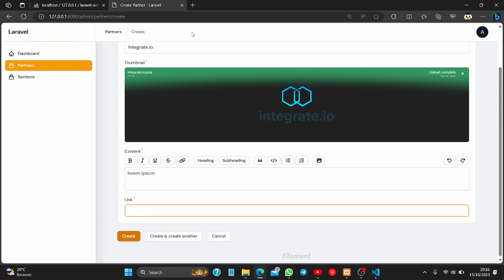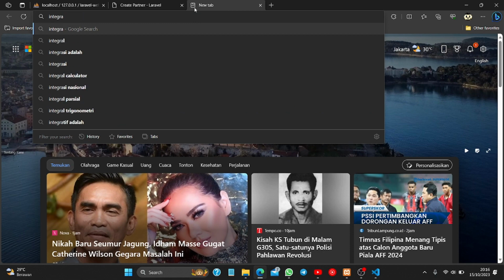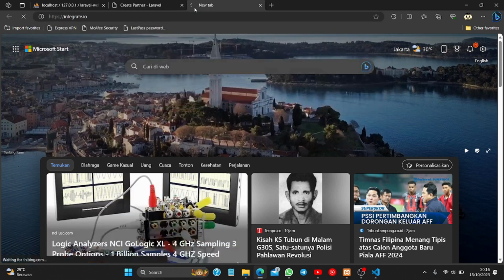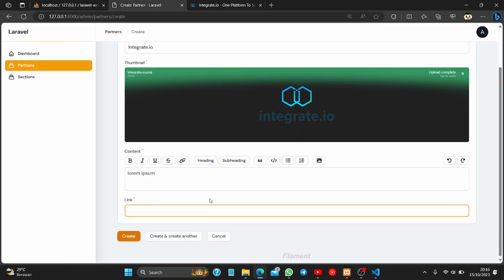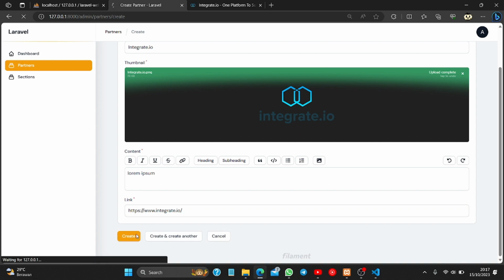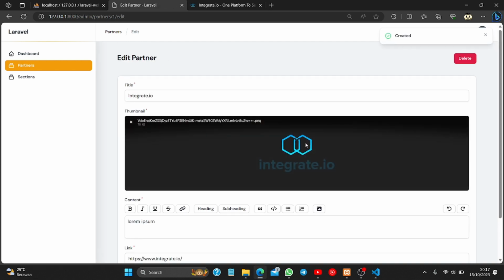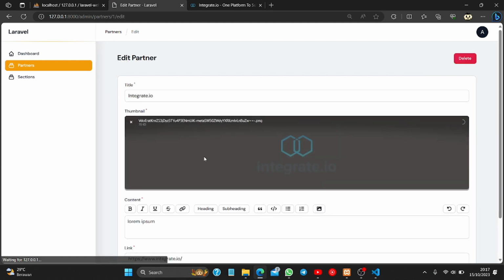This is for example. So integrate.io, you can copy this, and so you can create, it is created, and then you can see like this. So if we click,